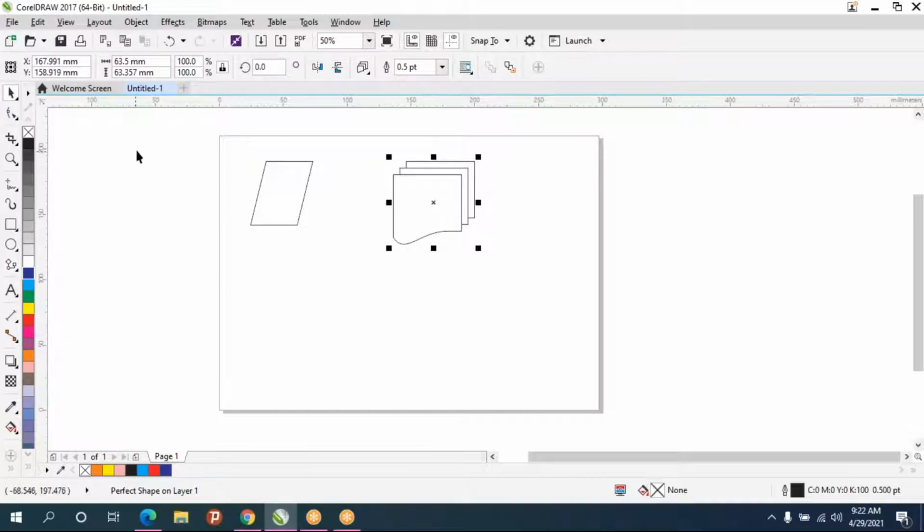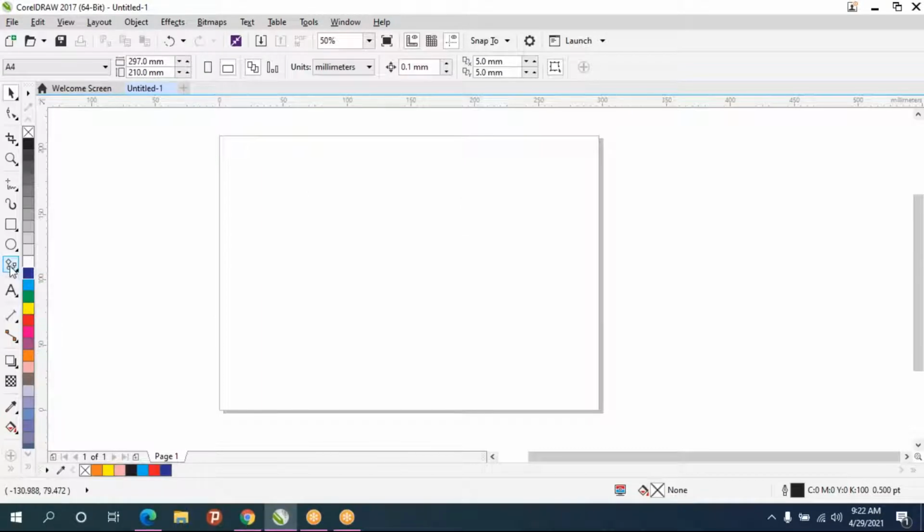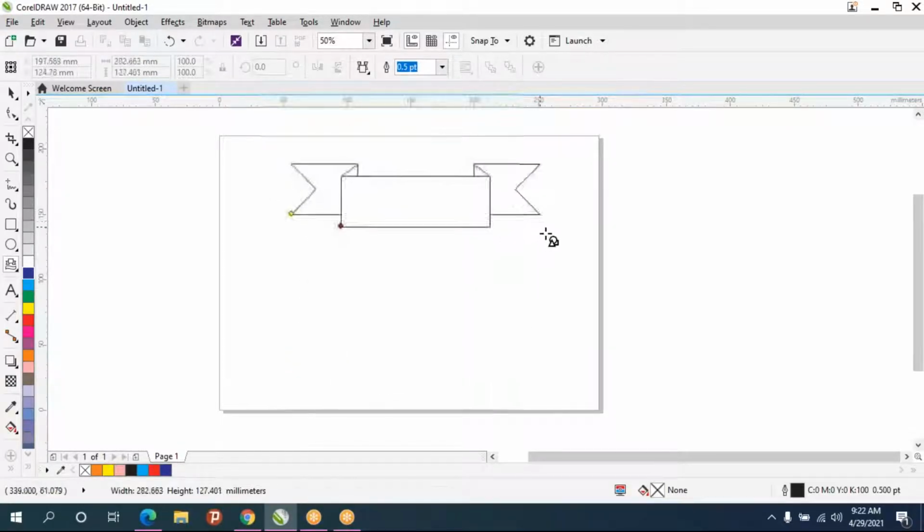And other than that, some banner shape designs. So when you're doing some browser design like advertisement something, we will be creating some banner designs like this.